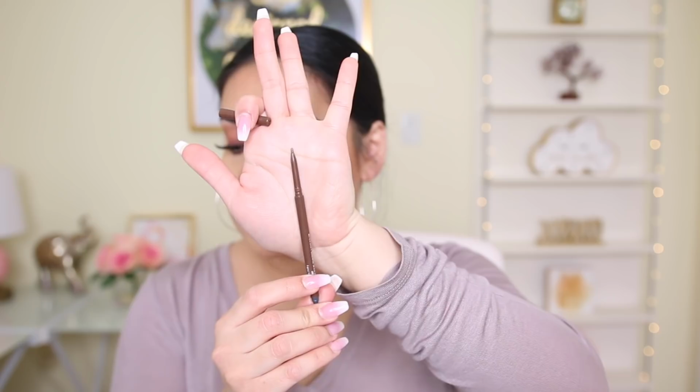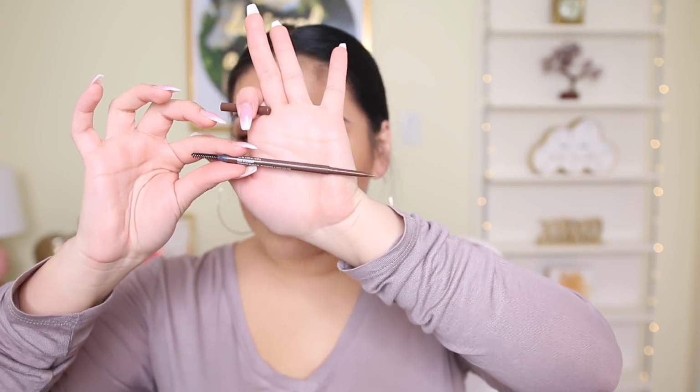The formula is really nice because it's creamy, but it's not too creamy. It's a really nice brush tip. It comes with a spoolie on the end. It really is like the Anastasia Brow Wiz, but this is so much cheaper. This is only like $9 or $10 at Ulta, and I've really been obsessed with this Ulta Beauty brand for